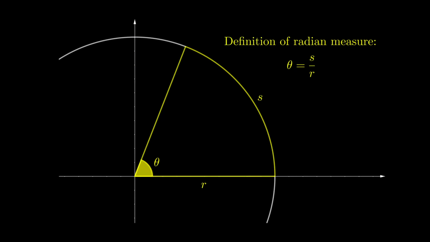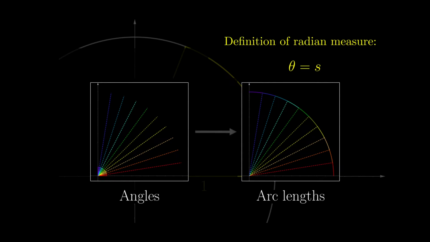The arc length part is actually based on the definition of the radian measure. Since we are using a unit circle, the radius is 1. So the angle and the arc lengths are the same, and so if the angles are of size pi over 2n, the arc lengths are also of size pi over 2n.